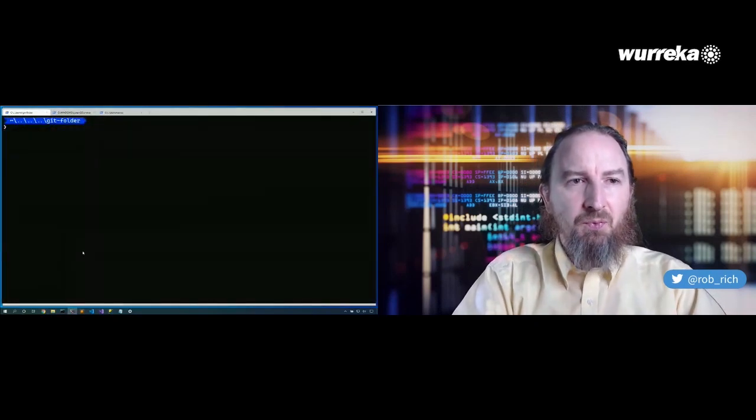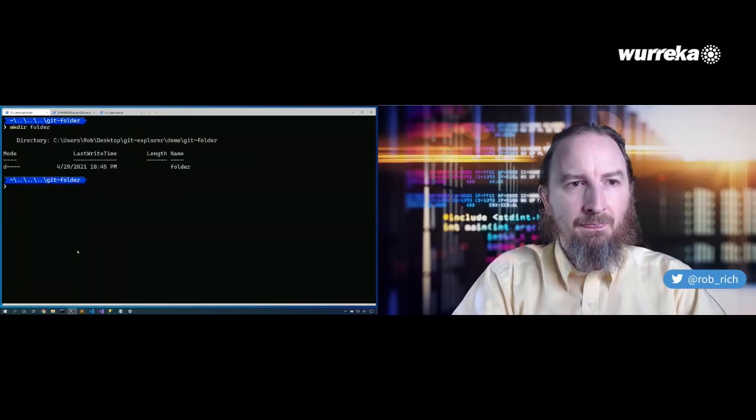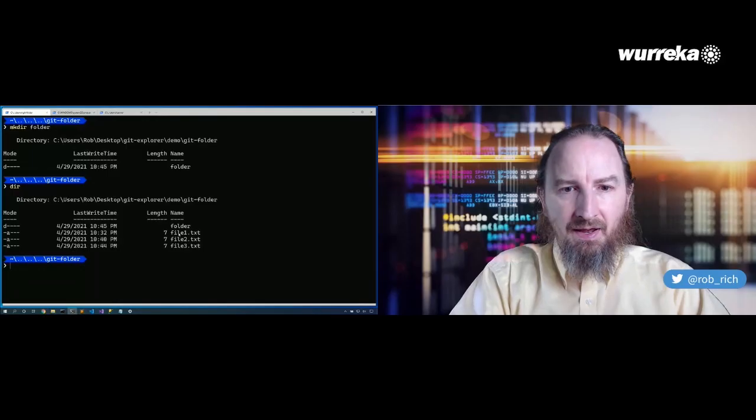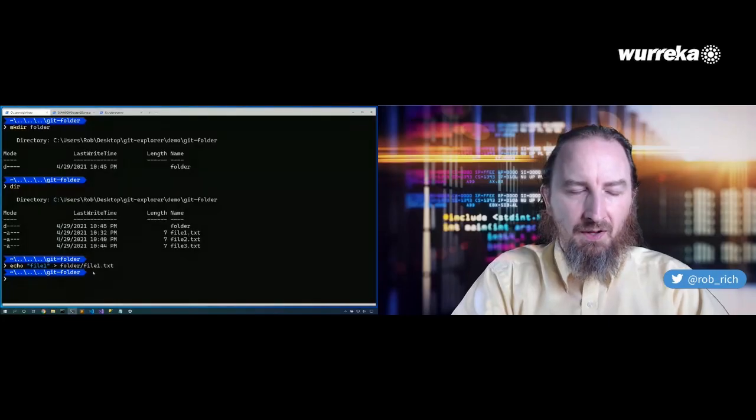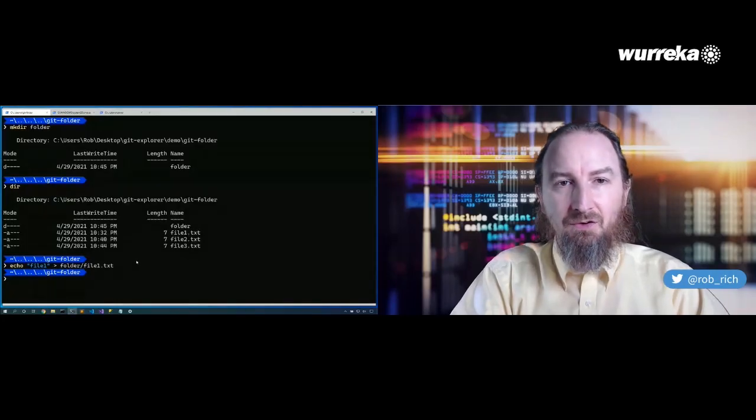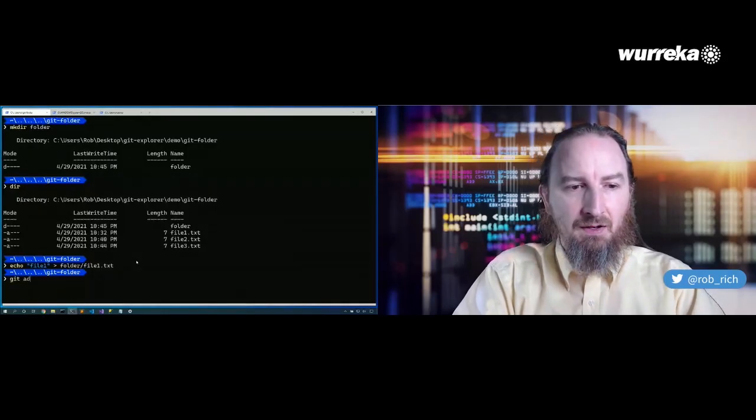Well, what happens if we create a folder? I'm going to say mkdir folder. And now I have those 3 files and a folder. And I'll say echo file1 to folder/file1.txt. Now file1 out here and file1 inside that folder have identical contents. Maybe that's an accident, or maybe I did that on purpose. Git add folder/file1,